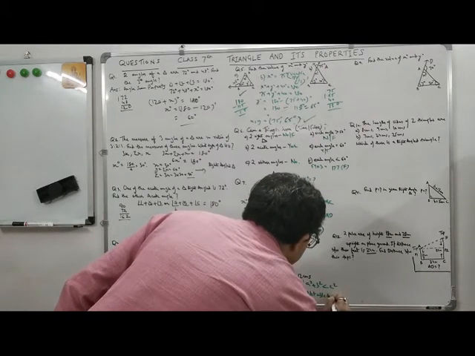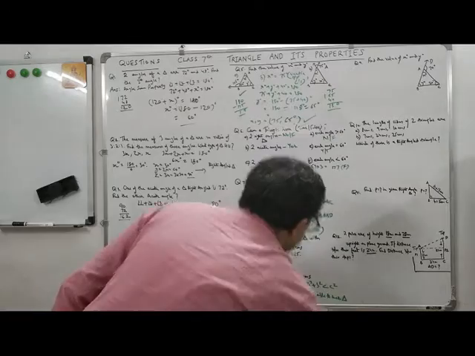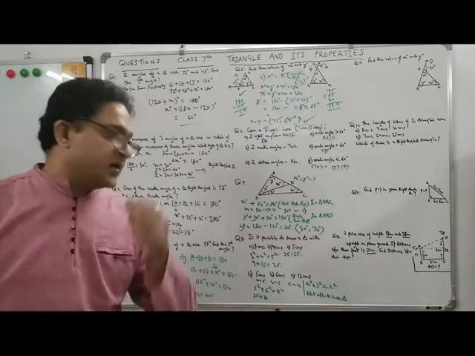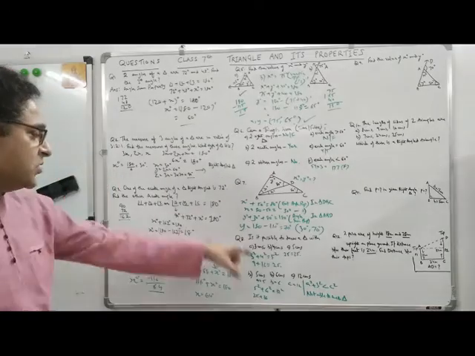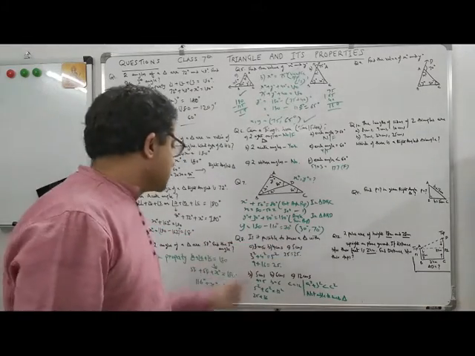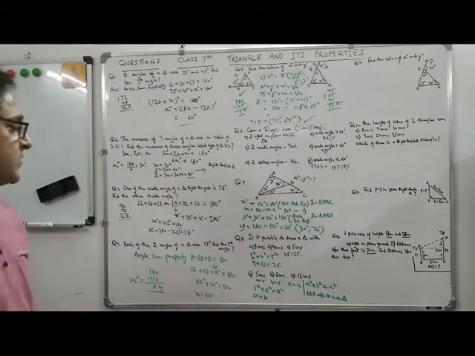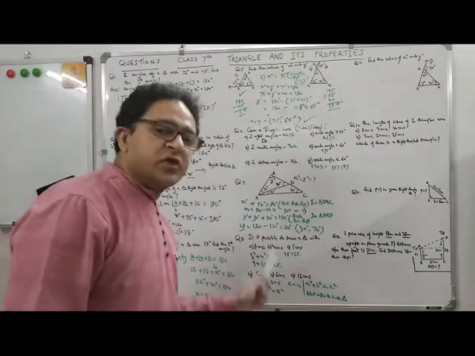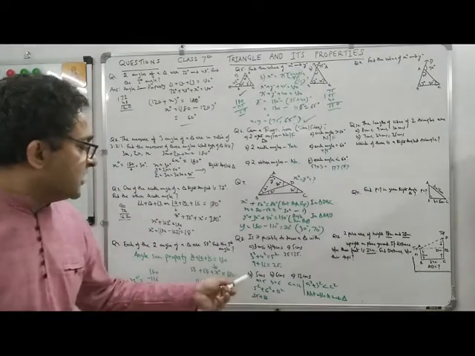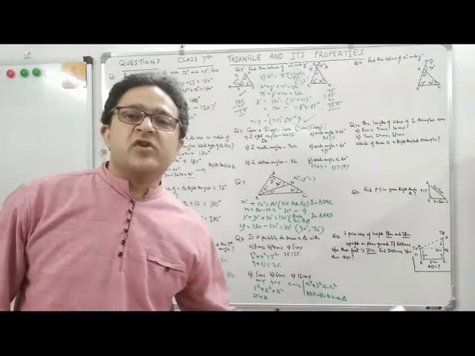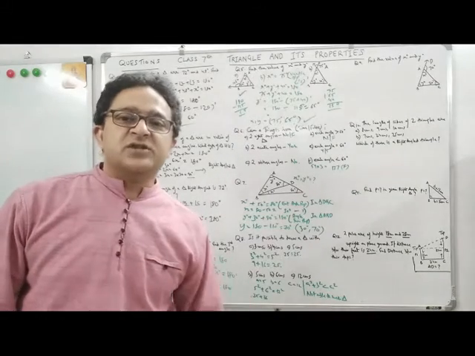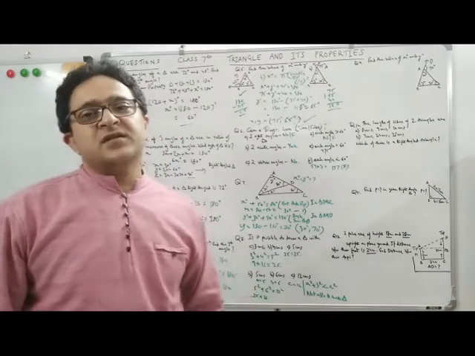Not able to make the triangle. By which property? Triangle inequality property. Here you can make the triangle, because it is equal. 3 square is 9, 4 square is 16, 9 plus 16 is 25, 5 square is 25. If it is less, like in this case, A square plus B square is less than C square, you will not be able to make the triangle. So the 2 sides have to be equal to or greater than the third side.